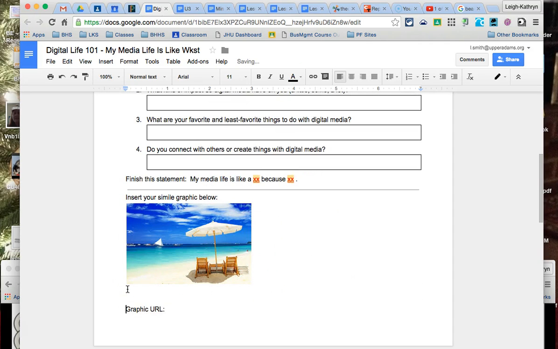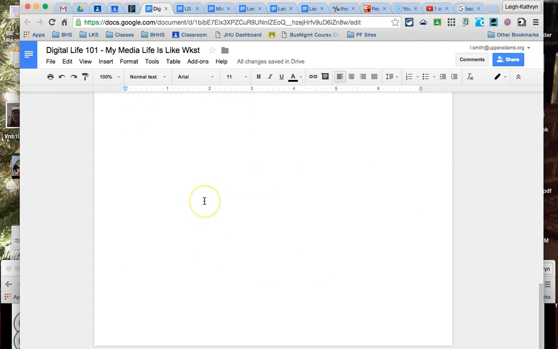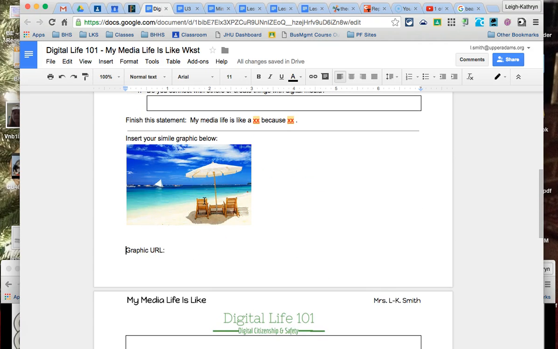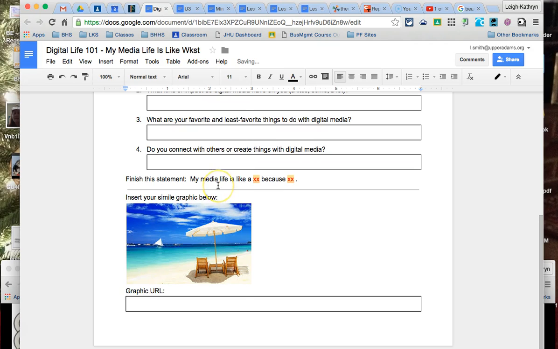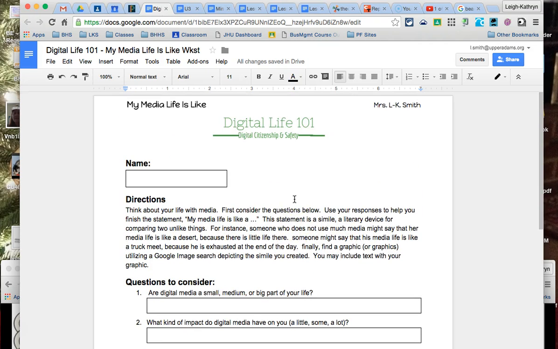Let me show you here. If I hit the enter key twice, now I'm on 2. So you always want to make sure that you're only on one page. I did that on purpose just to show you. So I'm trying to scroll with my mouse and it's just on one page. So what you're going to do here, let's read the